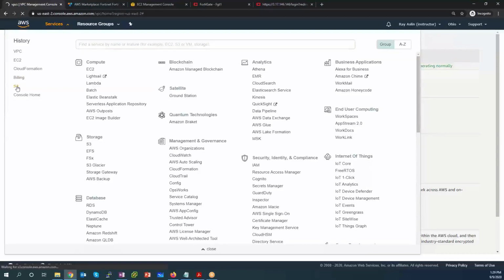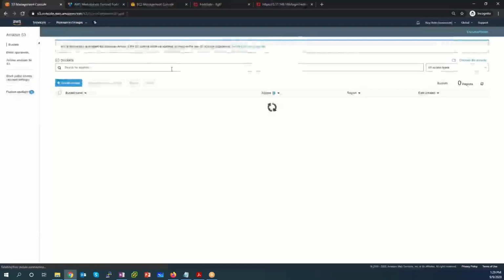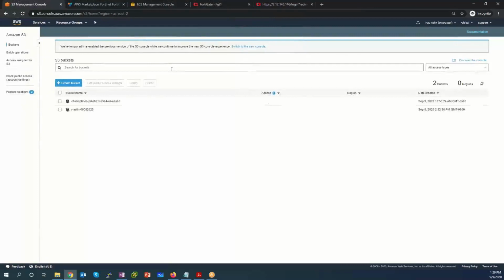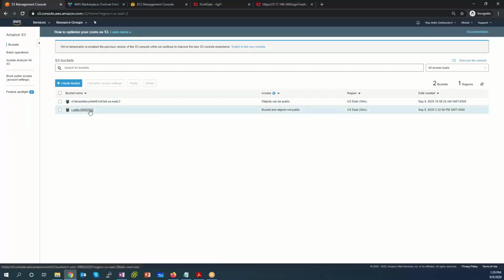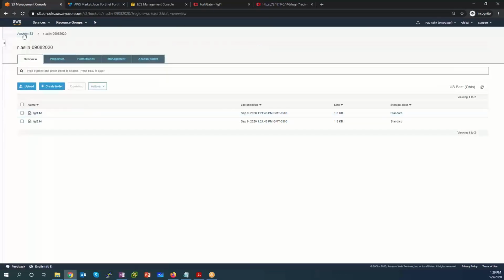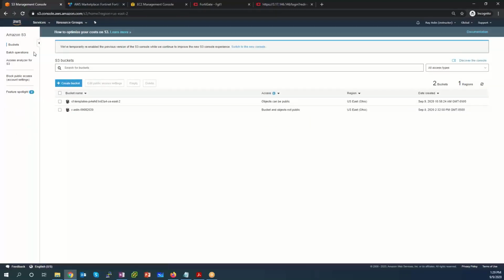If I go to S3, during the CloudFormation template, lab number 4, I had to create an S3 bucket. The S3 bucket was used, as you recall, to hold my bootstrap config. It was called raslan 0908 2020. So if we look at that and we click on it, let me go back to that for a second. It is noteworthy, there's 2 versions of the